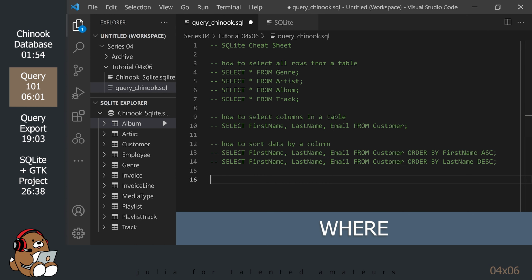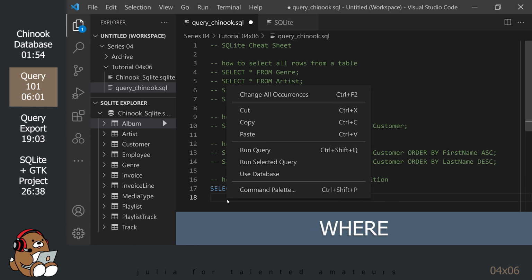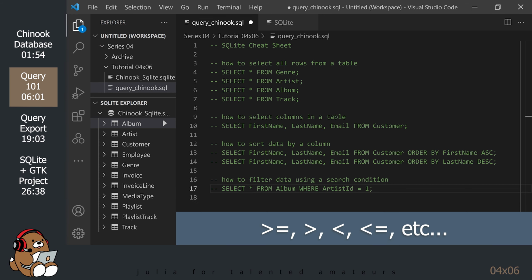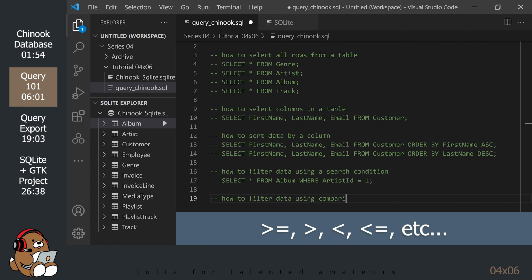Now, what if you want to use a search condition to filter your data? Use the Where clause to filter your query. Here, the query will only return a list from the album table where the artist ID is equal to 1. You can also filter data by using comparison operators.